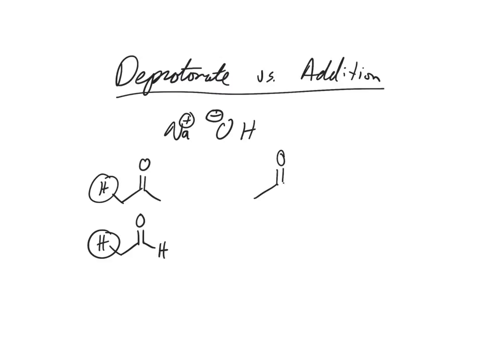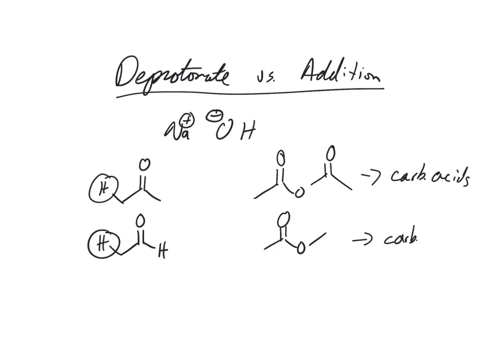If you see an ester or an anhydride, what's going to happen with this? These are going to turn into carboxylic acids. So addition is going to be more likely. So there's a clear difference when you have something like this that's going to deprotonate ketones and aldehydes. Acid chloride would be another one, and acid chloride would also turn into a carboxylic acid. Okay? Now some trickier ones,